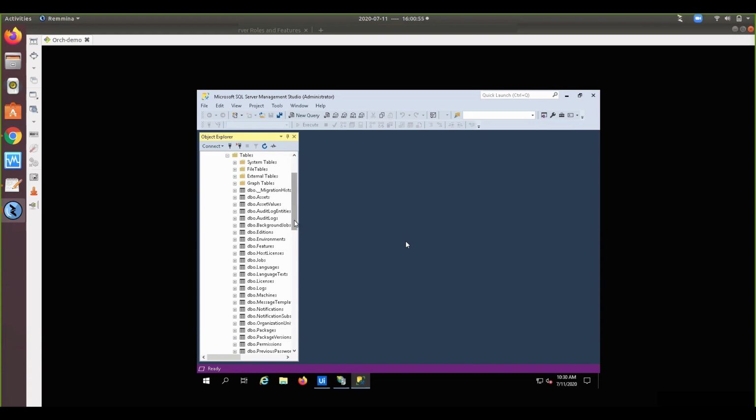Now you are able to see the tables over here. So our installation is correct. I mean, our database connection is correct, and the username and password are correct.